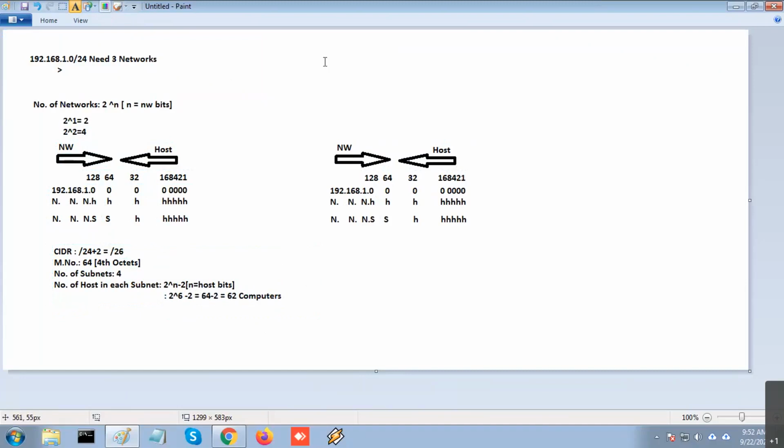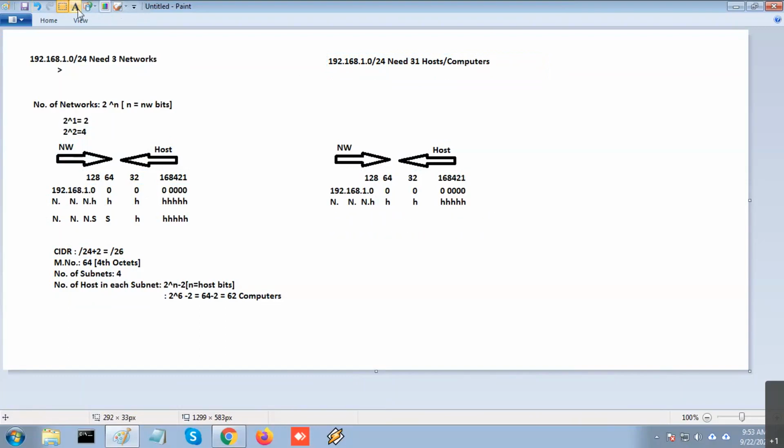Okay. Now the same question I'm going to ask you is, now the customer is saying I am not worried about the number of subnets. You create as many subnets as you like, I have no problem. But each subnet needs a minimum of 31 hosts or computers. Understand? Okay. Now the requirement is not S bits. You had to borrow S bits only, but now he is telling you to borrow however many S bits, I don't care, but I want to have a minimum of 31 hosts in each subnet. So now he is worried about which bit? H bit, not the S bit.